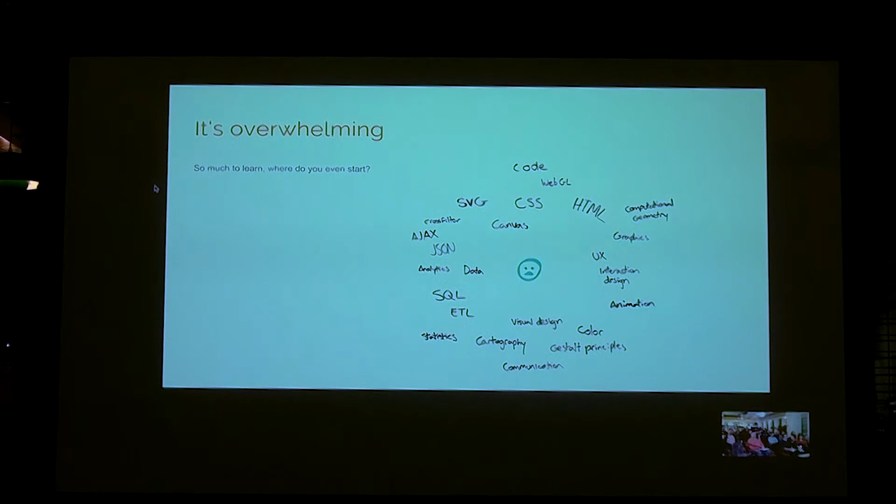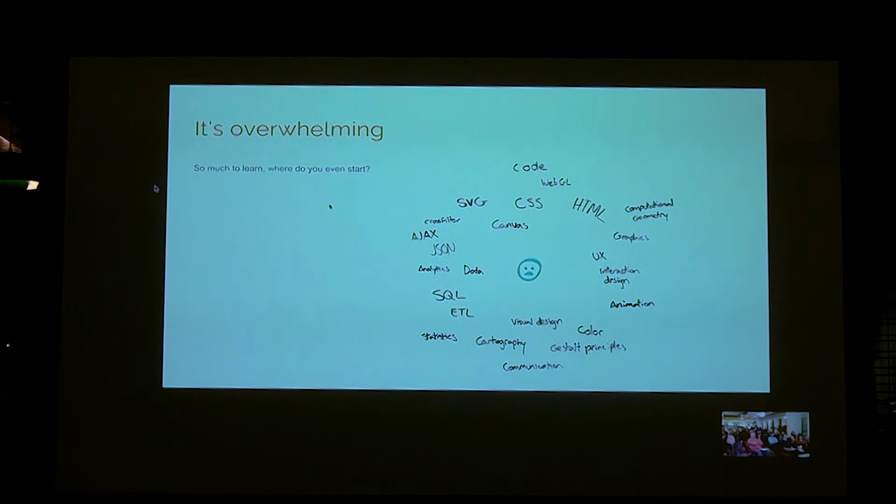There's a whole class of programming and tooling stuff. There's some mathematics and graphics, design, interaction design, visual design, Gestalt principles, right? There's also data thinking and analysis. So there are all these different things. Depending on where you're coming from, maybe you're strong at web programming but you've never done much data or design work, or I know many designers who came in really strong in design but haven't done much programming.